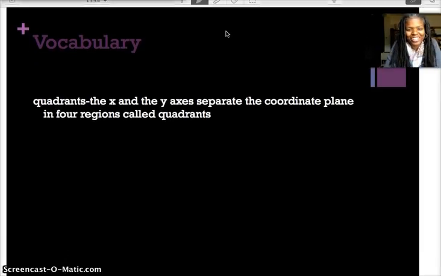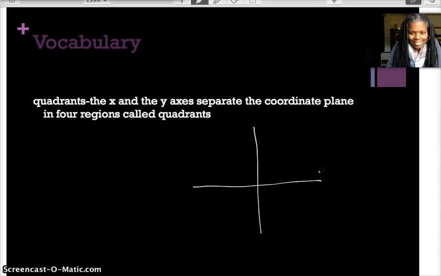All right, so let's talk about what's going on. So we're going to talk about quadrants. When you have an x and y axis like this, I'm trying to do this as straight as possible. Not too bad. So this is the y-axis right here, this vertical one, and this right here is the x-axis. What this does is it actually splits the coordinate plane into 4 distinct places, and each of those places are called quadrants. So we've got this guy here, which is quadrant 1,